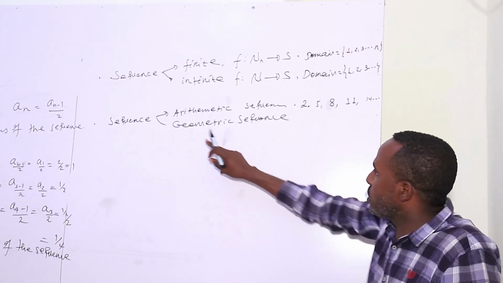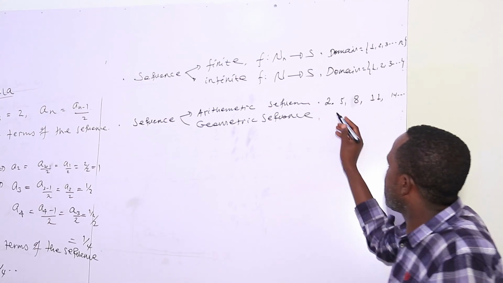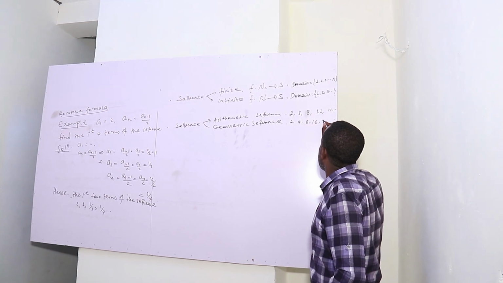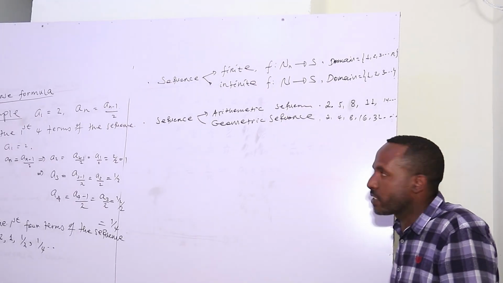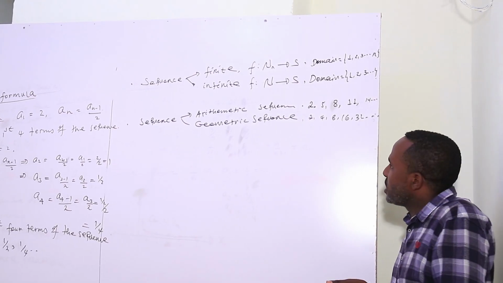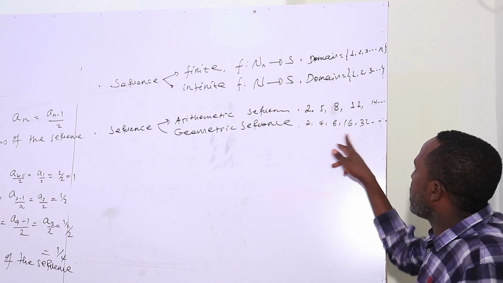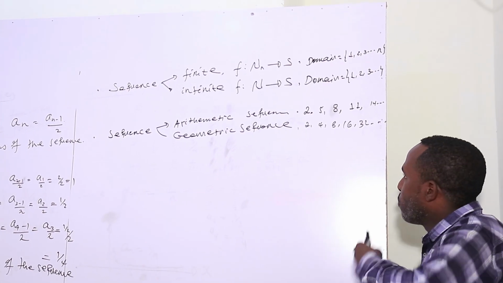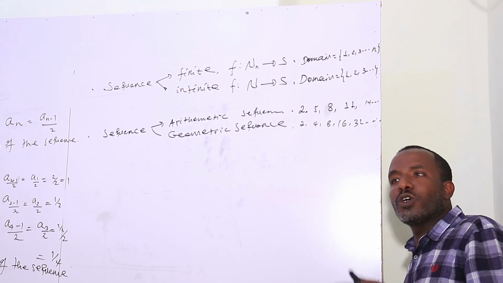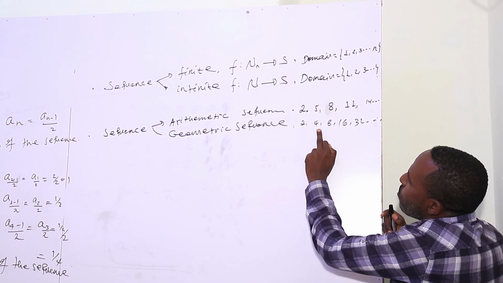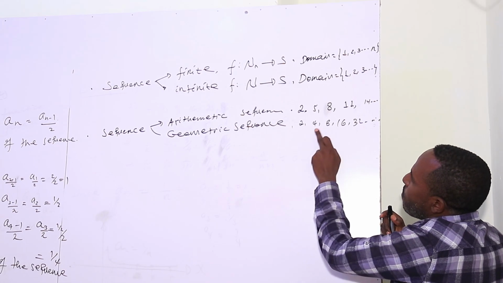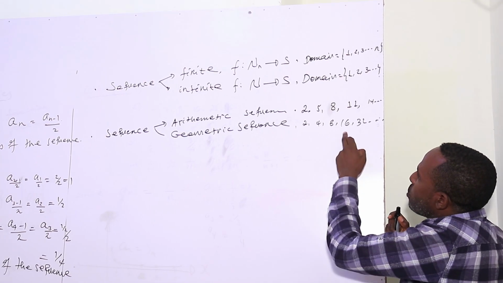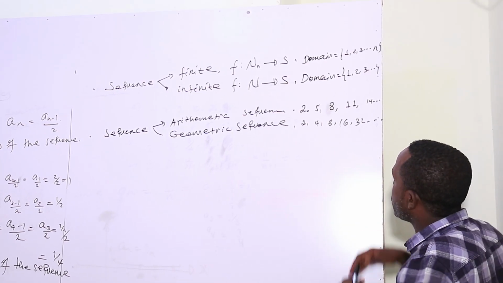On the other hand, you see the geometric sequence. For example, the numbers 2, 4, 8, 16, 32, and so on. What makes a geometric sequence special is that the ratio between two consecutive terms is a constant number. We call that constant number the common ratio, which means that 4 divided by 2 is 2, 8 divided by 4 is 2, 16 divided by 8 is 2, and 32 divided by 16 is